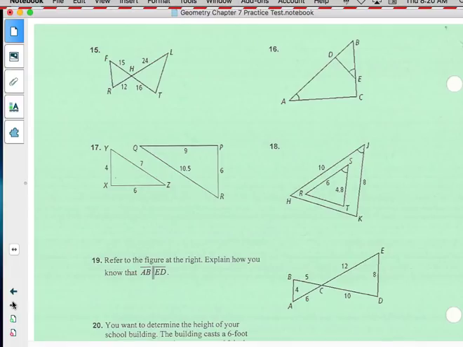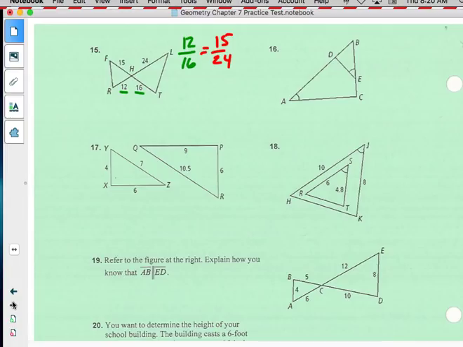Let's talk about it this way. I've often talked about the fact that the largest is going to be proportional to the largest and the smallest to the smallest. So let's go small to small. Okay, because that's small in the two triangles, 15 to 24. Now, I should be able to reduce these and have them be the same or have a cross multiplication that'll work out. Now, 12 times 24